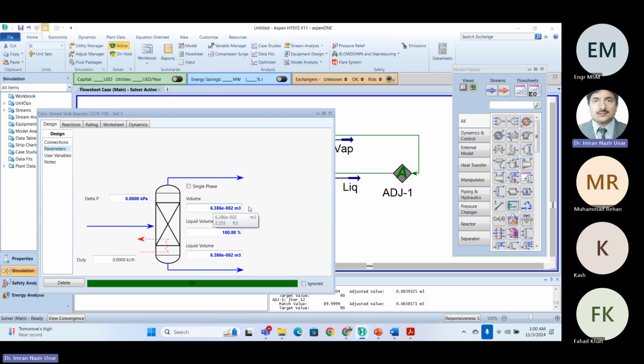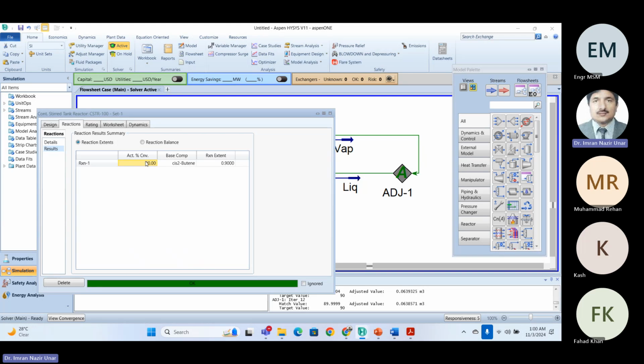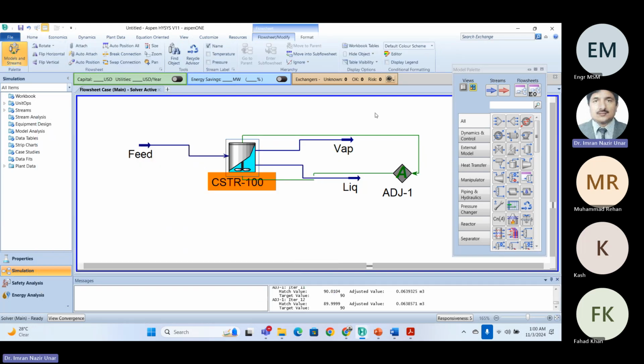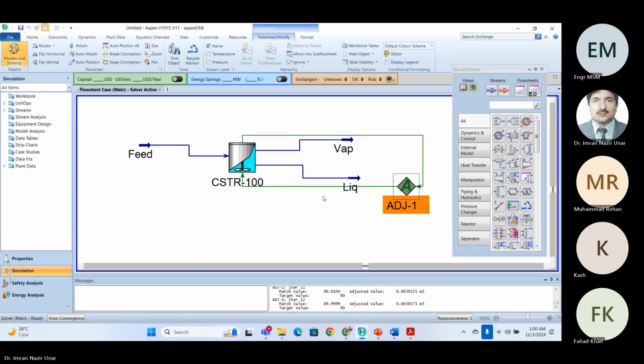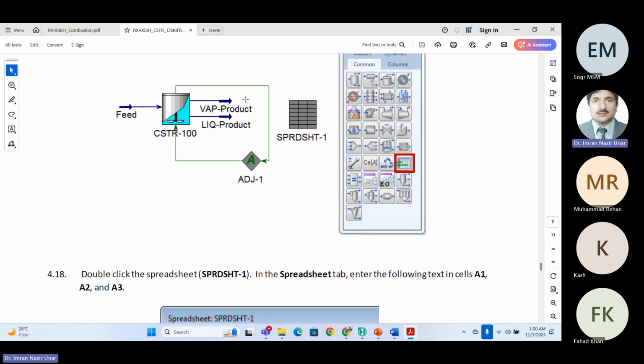मतलब 0.63 बढ़ा दिया काफी। और अब इसकी परफॉर्मेंस देखें, रेटिंग देखें, रिएक्शंस में रिजल्ट देखें, अब इसकी 90% कन्वर्जन अब ये फिक्स हो गई। तो इस एडजस्ट ने क्या किया कि वॉल्यूम को एडजस्ट कर लिया हमारे दिए हुए वेरिएबल के हिसाब से। ये रिक्वायरमेंट थी। अब हमें ये देखना है कि चलें, ये तो हमने देख लिया, लेकिन अब बताएं कि